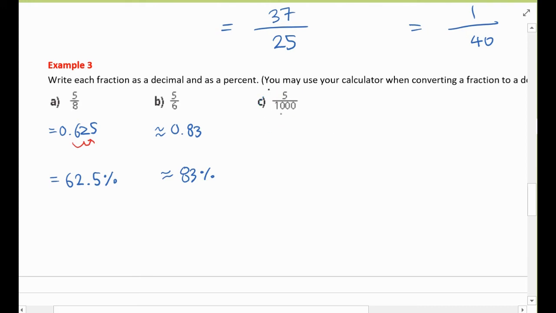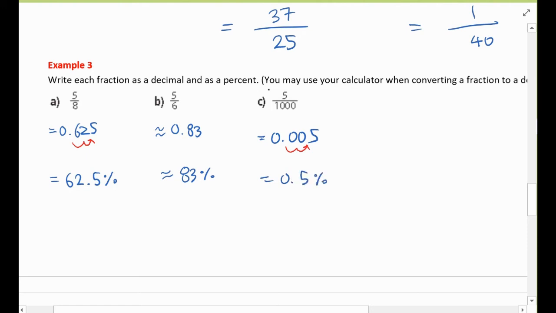And this one, 5 over 1,000. We don't actually need to use a calculator for this one. You have 1,000, you have 3 zeros. That means to make this a decimal number, you move 1, 2, 3 decimal places. Then that is 0.005. So you count the number of zeros and move the decimal places, 3 decimal places, that is 0.005. So that's the decimal number. And to make this a percent, you move two decimal places to the right. Then that is